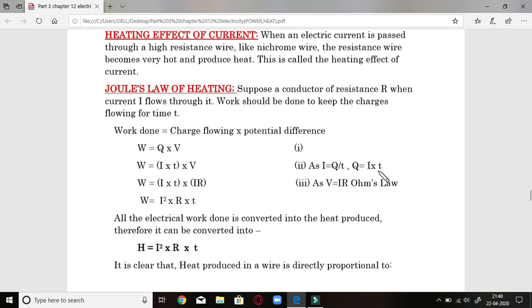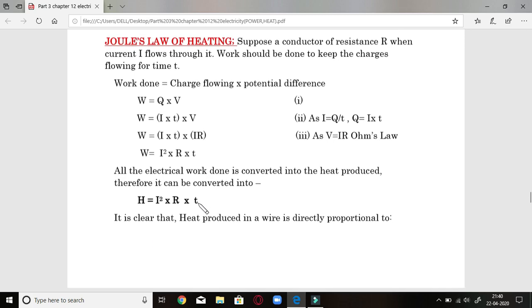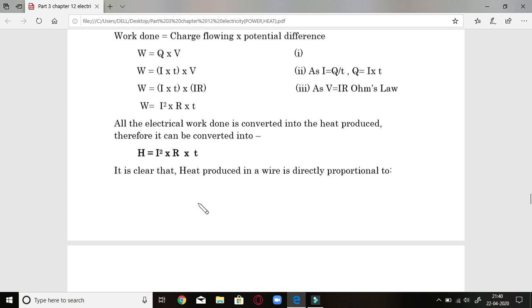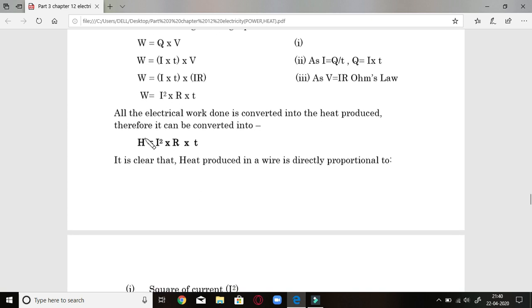So we applied it here, and it came out to be I into T multiplied with V. Now in the next step let us replace this V also with Ohm's law, that is I into R. So ultimately work done is equal to I square into R into T. You know that all electrical work done is converted ultimately into heat. That is why we can say this work done is nothing else but heat, that is H is equal